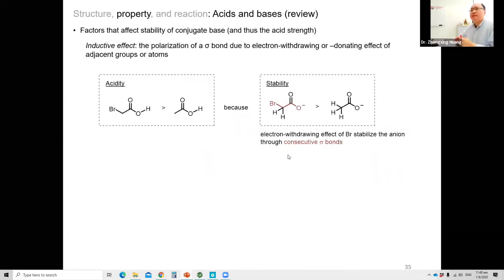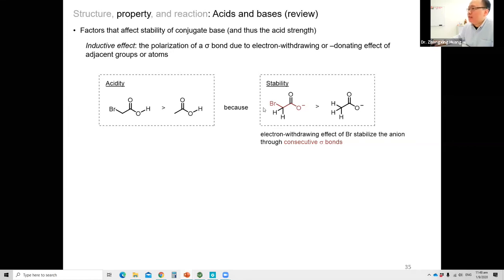So what causes this stability, as I briefly mentioned in the previous slide, is several effects. The first is the inductive effect. The inductive effect is described as the polarization of a second bond due to the electron withdrawing or donating effect of adjacent groups or atoms. So if you compare acetic acid, which has 3 hydrogen substituents, and bromoacetic acid, which has 2 hydrogens and 1 bromine, and you want to know the difference in acidity,